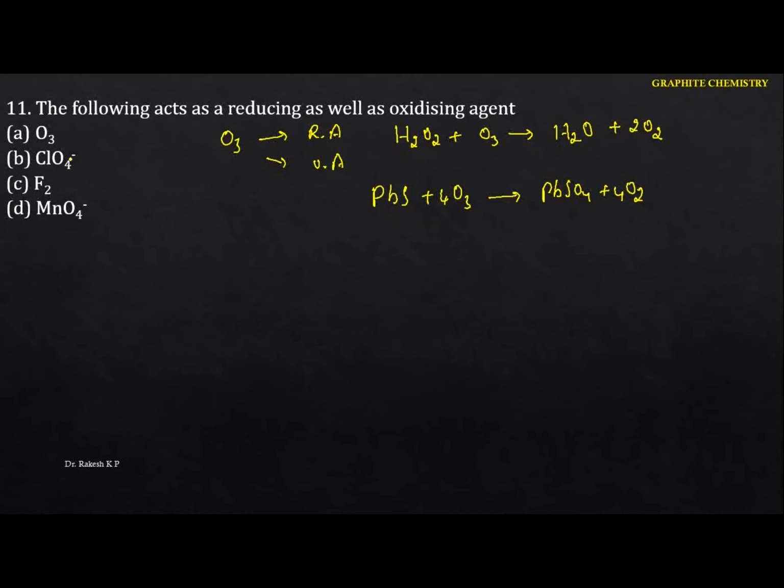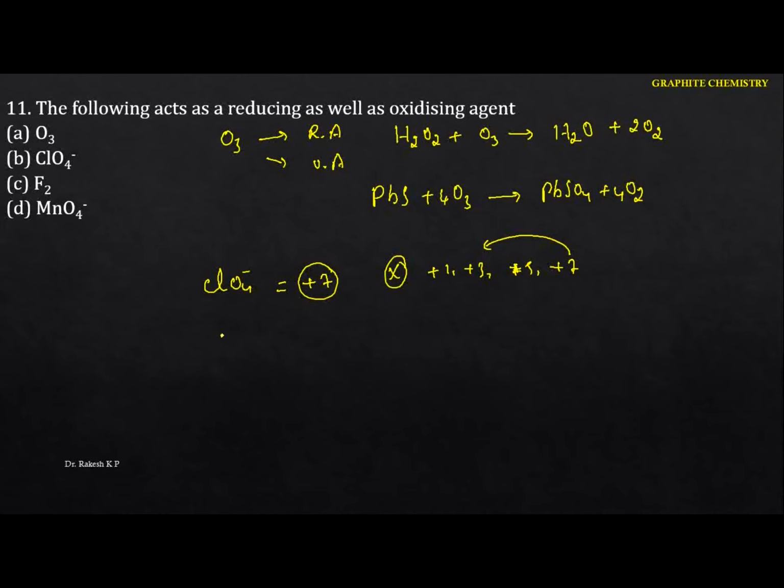Come to this one. So why can't it be the second one? Just go to this one here. If we calculate the oxidation state of chlorine, here we are going to get +7. That means the halogens, except fluorine, show positive oxidation states of +1, +3, +5, and also +7. Here we got the maximum, +7. The only possibility is that they can decrease their oxidation number, they cannot increase. Hence this will act as only the oxidizing agent.